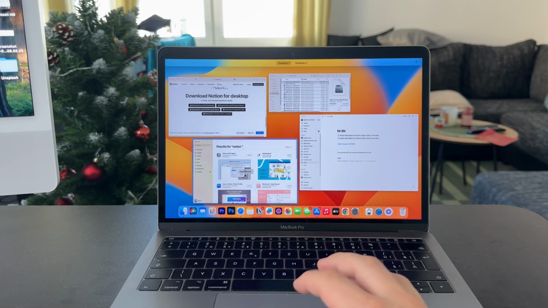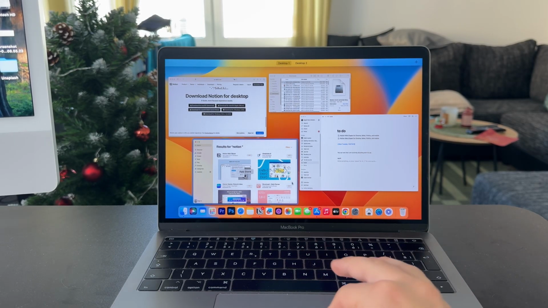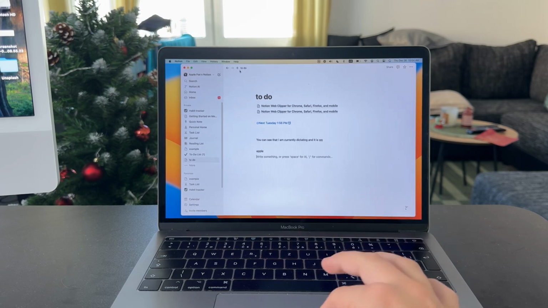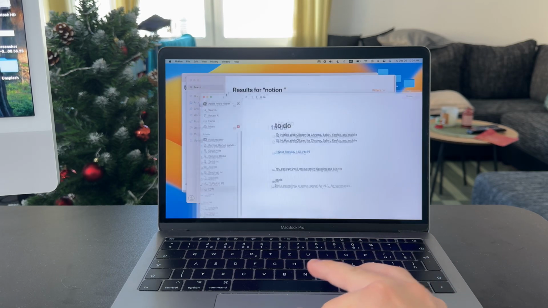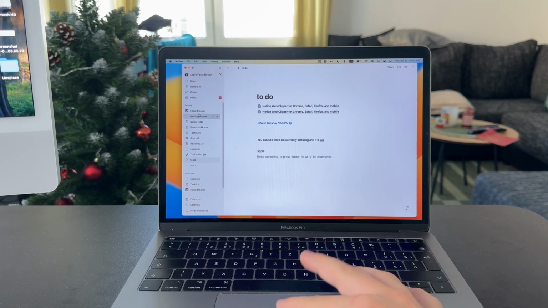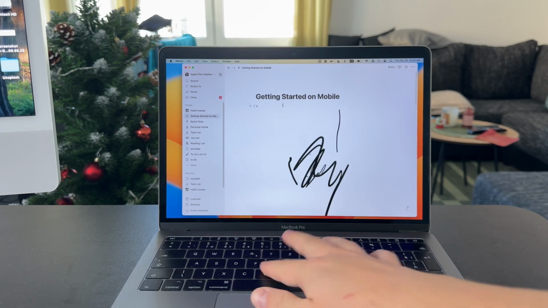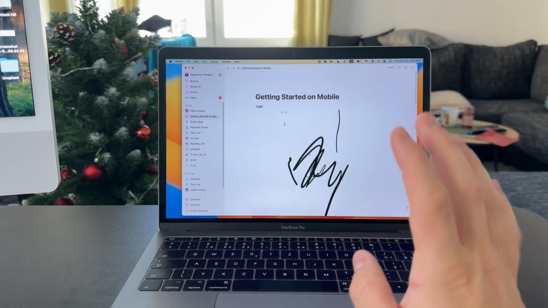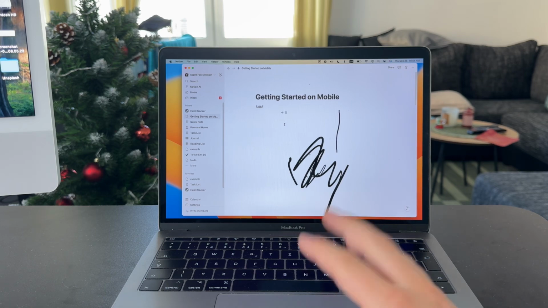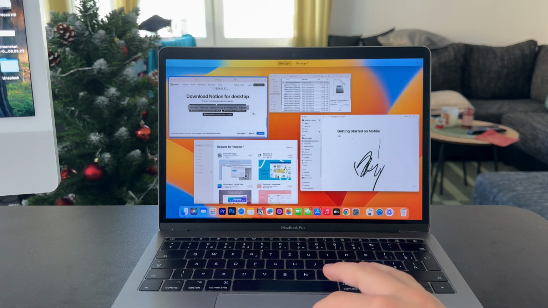Here is how you can use Notion for note-taking on your MacBook. Now, it might appear simple, like you just open up Notion and start typing. Well, obviously, if you're okay with that, you can just start setting up your notes and stuff. But if you want to be a little bit more fancy with your note-taking, I would recommend you switch